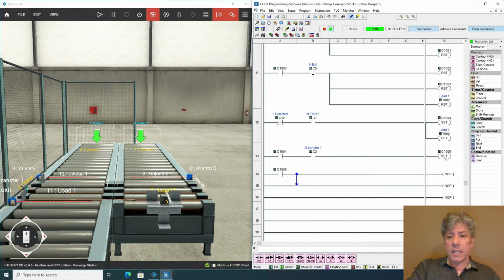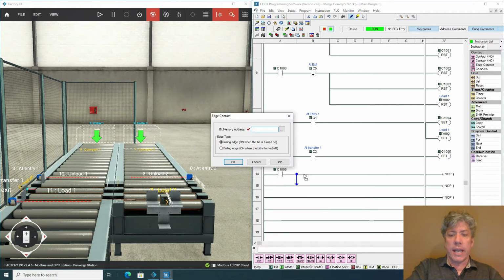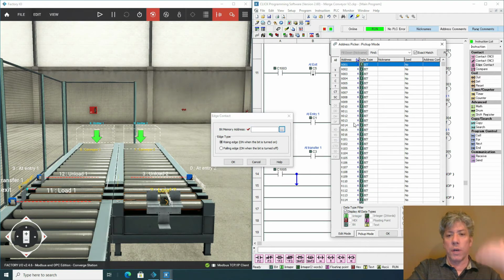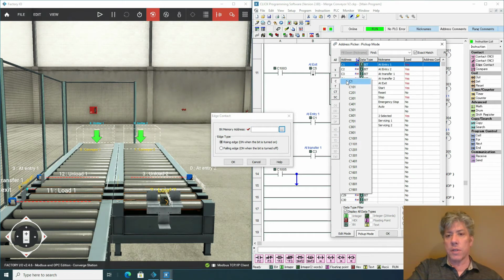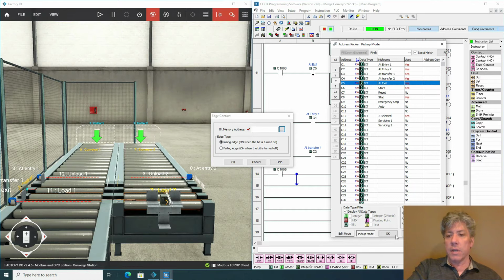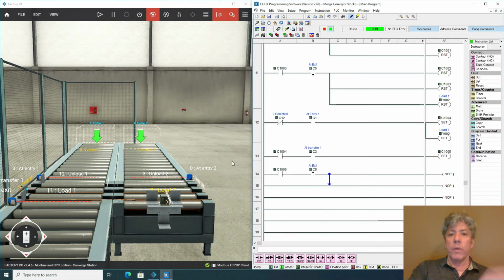So let's see, the last step has been accomplished. We know we got something at transfer 1, and so what I want to do is see that the exit sensor goes from true to false. In other words, the pallet is completely on the exit conveyor. It's dropped the exit sensor, and so that means that, sure enough, we've successfully moved a pallet through